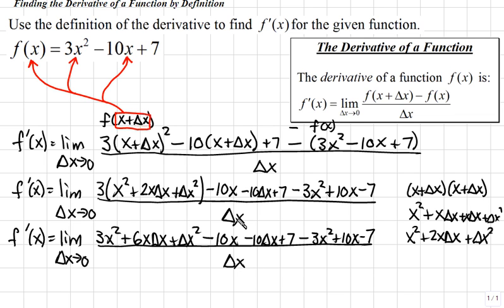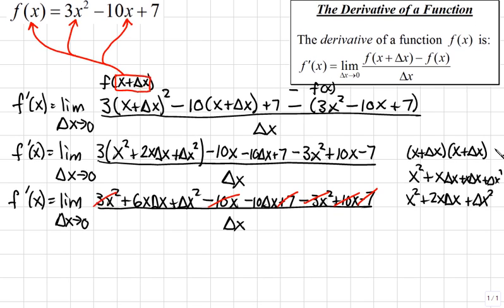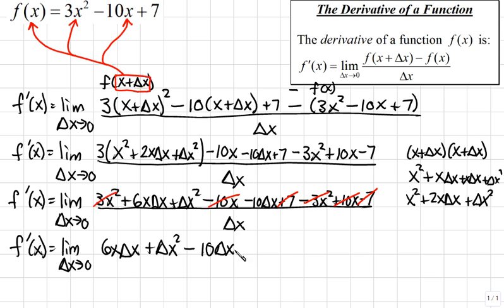We now see that terms will cancel. For example, 3x squared minus 3x squared will cancel. Minus 10x will cancel with plus 10x, and the 7 will cancel with minus 7. We're left with that the derivative, f prime of x, is equal to the limit as delta x approaches 0 of 6x delta x plus 3 delta x squared minus 10 delta x